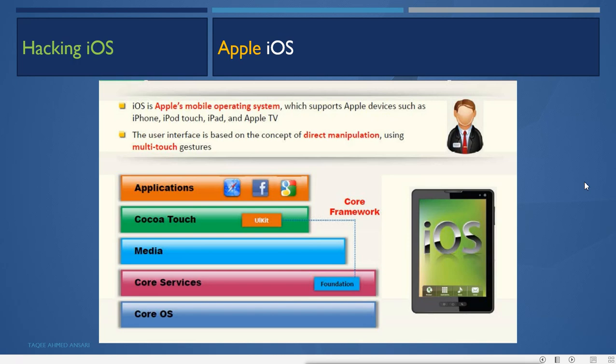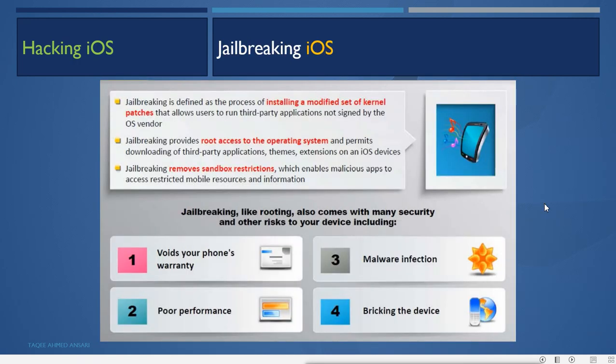The core framework for iOS is very simple: the Core OS, the core operating system, then upon that we have Core Services, and then Media, and then upon that the Cocoa Touch layer with UIKit, and on that we install the applications. That is the basic structure of the architecture of the iOS operating system.